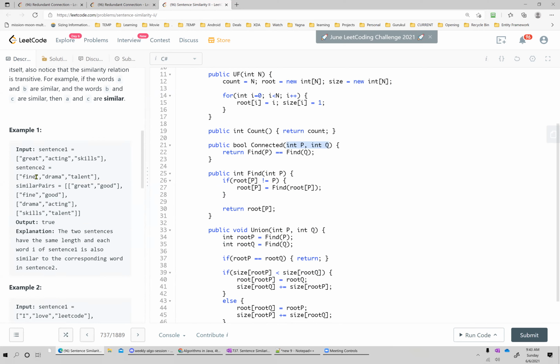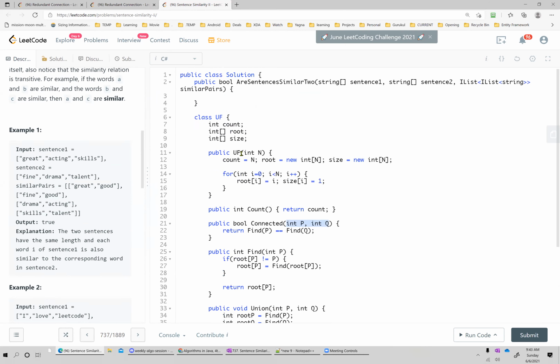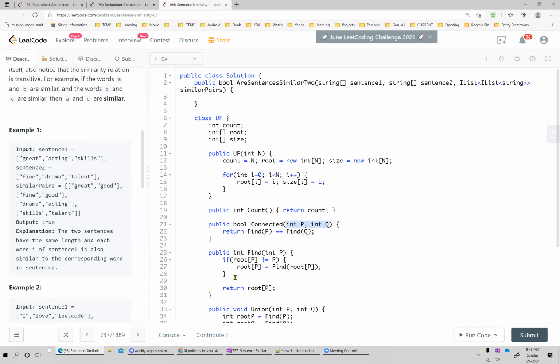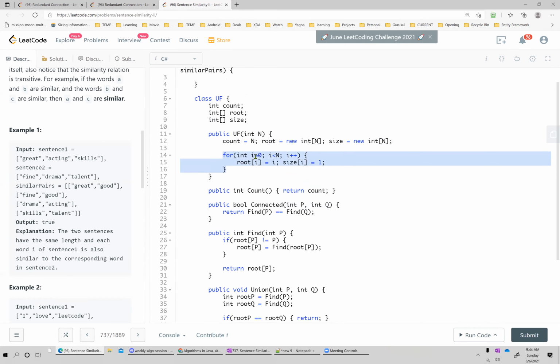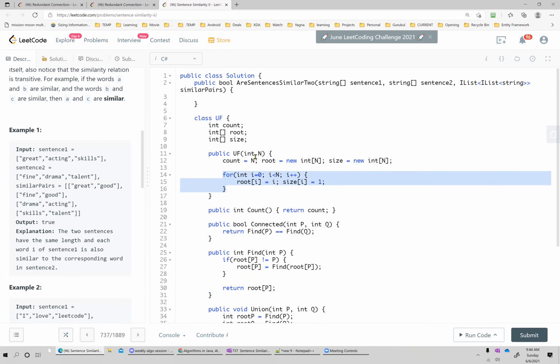If you're just dealing with this, then this code will become complex, and there is a high probability that there will be error in this, right? Because instead of integer and indexes that we are using very efficiently, you can't use that anymore. You might end up using map, hash map, or something else, right? Dictionary or something else, right? So I would highly recommend it for this kind of question, right? For graph, especially graph and union find related question.